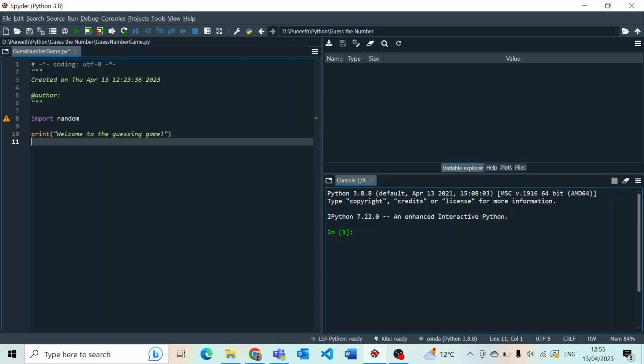And now we just declare a variable which could be called con, and we just put it equal to true. And now we write a while loop. While con is equal to true,